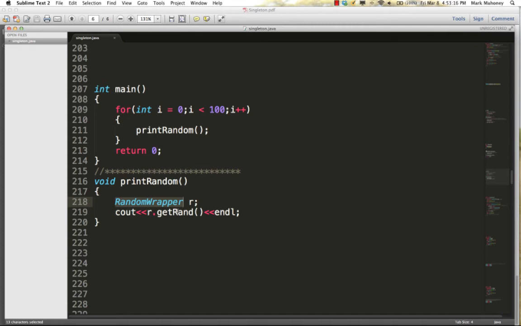We're creating multiple instances of the class, most likely in the same millisecond. So when we call getRand 100 times, we're going to get exactly the same random number back because now we have 100 random wrapper objects, and they all were seeded to the exact same millisecond time. So one solution might be to create the object in the calling method, in this case main, and pass it